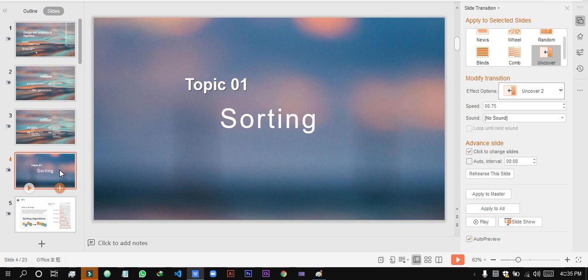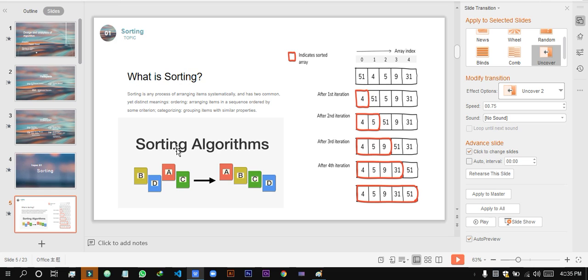So let's see what sorting is. Actually, sorting is a technique in which we can put an array in order. The order can be ascending or maybe descending. It will be based on the work which we are doing.